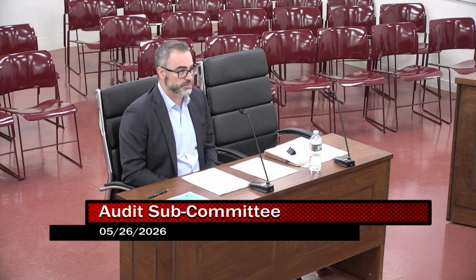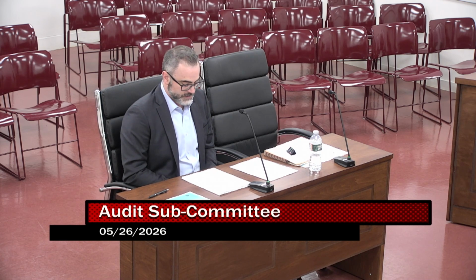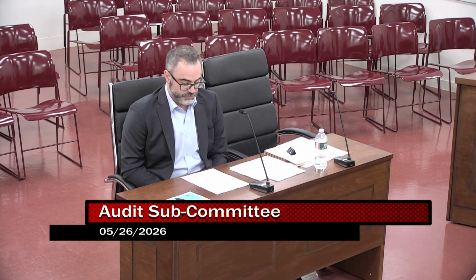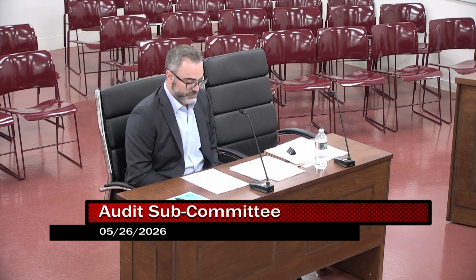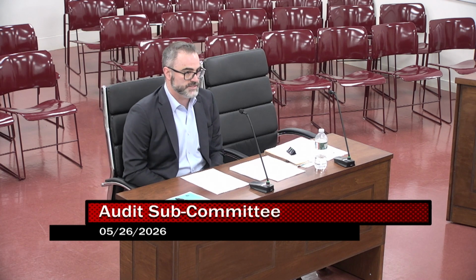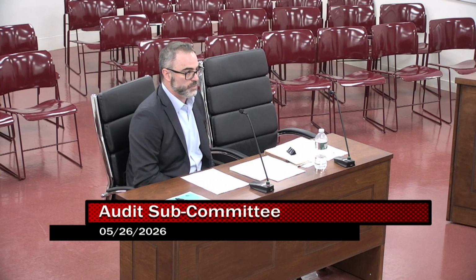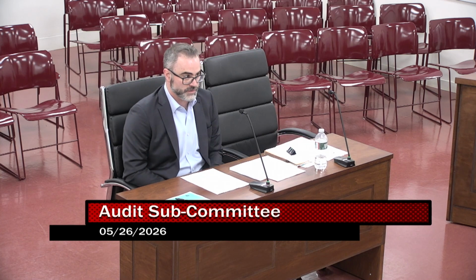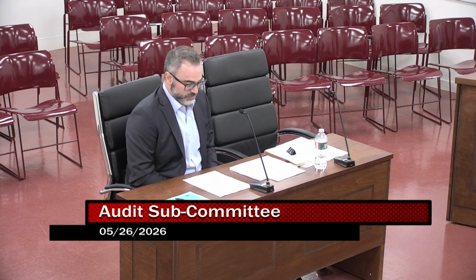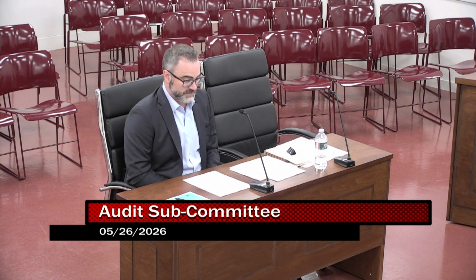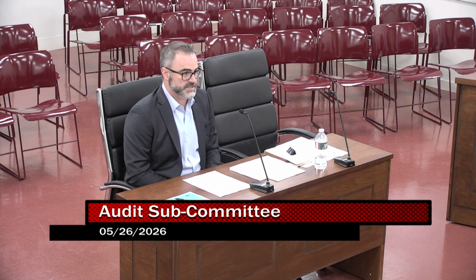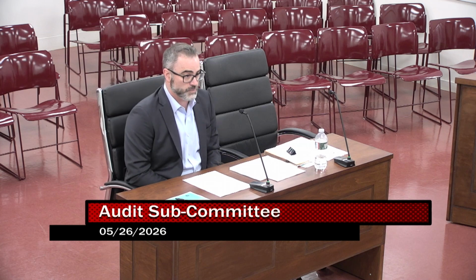Your unassigned fund balance is, in my opinion, one of the most important numbers in your financial statements. And that had a balance of $15,450,000. And total revenues had a favorable variance of $3.4 million. What this represents is the amount of revenues that came in greater than what the town anticipated during fiscal year 25. The total expenditures had a favorable variance of $1,867,000. What this represents is the amount of expenditures that came in less than what the town anticipated.